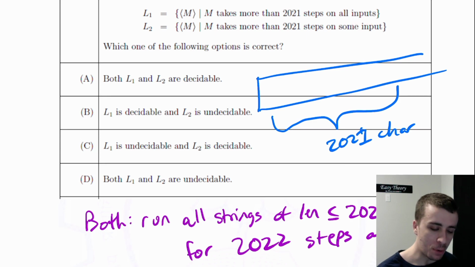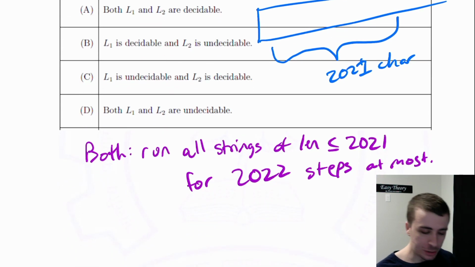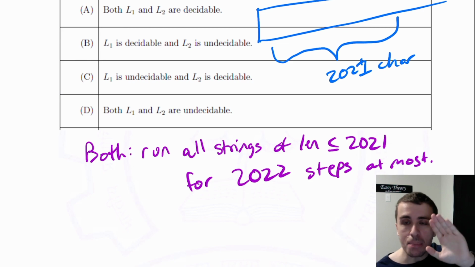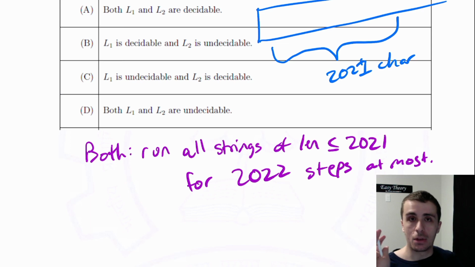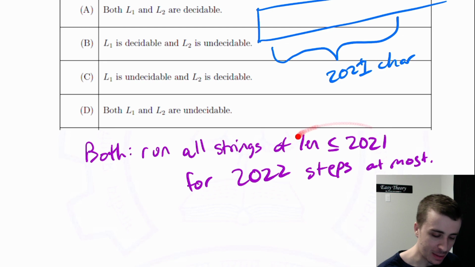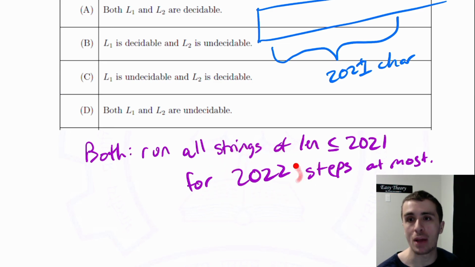And then for the all-inputs version, if you check that all of these took more than 2022 steps, then any input that's longer than this, we're not going to be able to look at all of those cells anyway. So we would only need to look at the first 2021 characters, assuming the length is at most 2021. If it's longer, then we don't really care, because we will never see those cells for the purposes of figuring out whether strings will take that long to get there anyway.